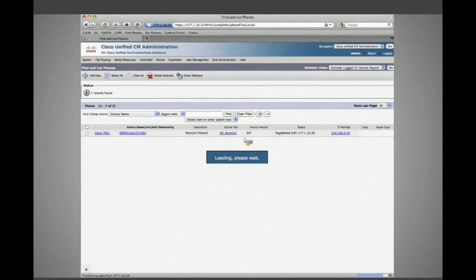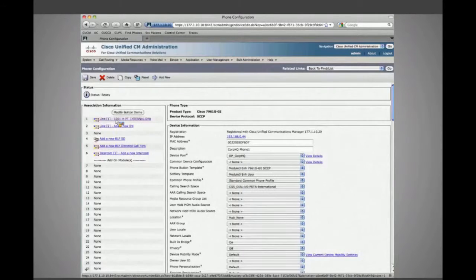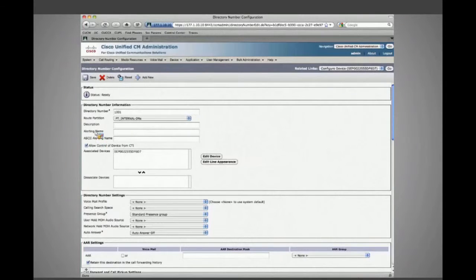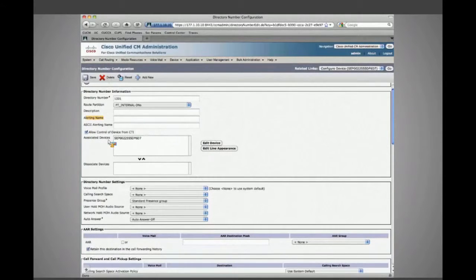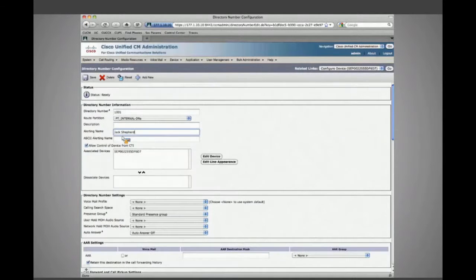Now, if I go back out to my phones in general and go to corporate headquarter phone 1 and the line or DN of 1001 on the phone, notice I don't have an alerting name here. I do have the caller ID, and I need to bring that up to the alerting name. So once I do that and save there,